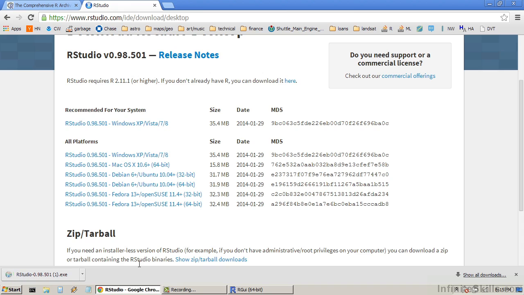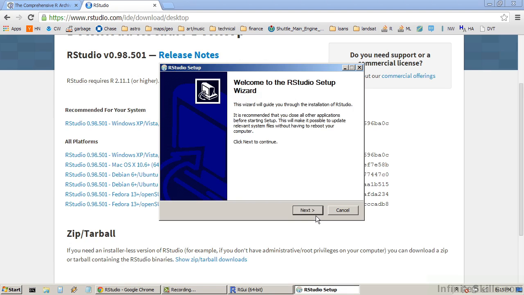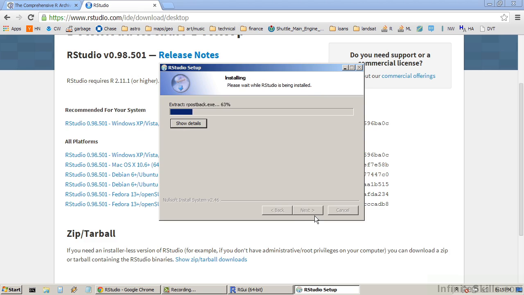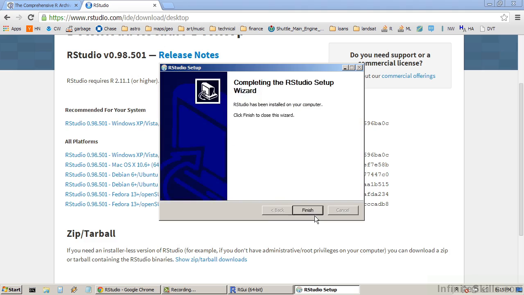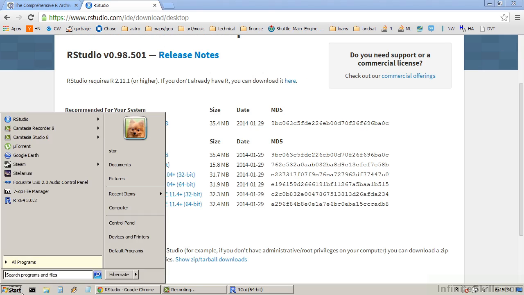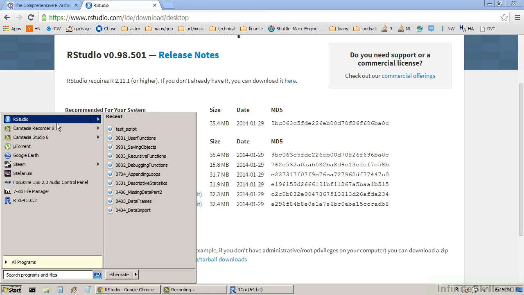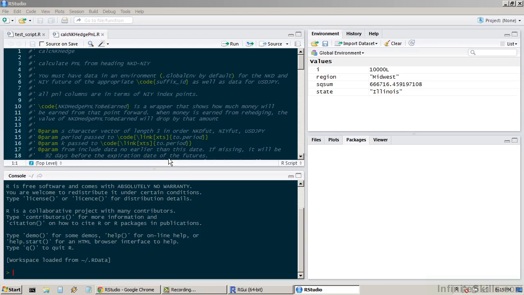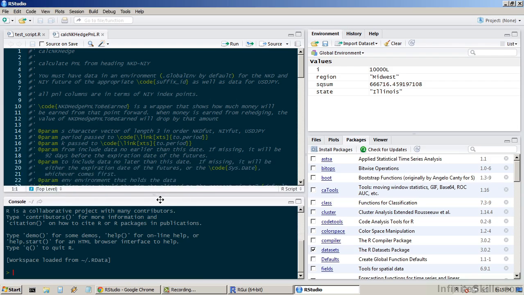Okay, so RStudio is complete, so let's open up the setup file, and we'll go through a similar process to what we did when we set up R. Again, select the destination folder for all the information. And here we go. So now, when you go to your start menu, you should see RStudio. It also might be on your desktop or in this quick menu down here. When you open RStudio, you'll see that it looks much nicer than the R GUI that we already